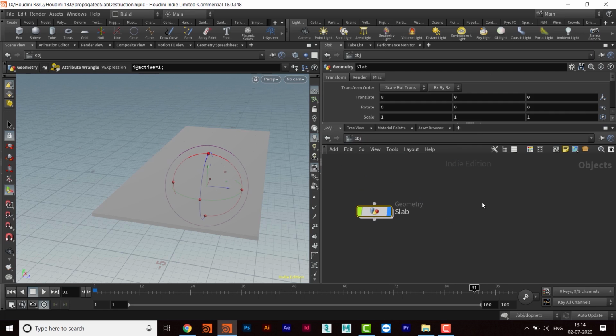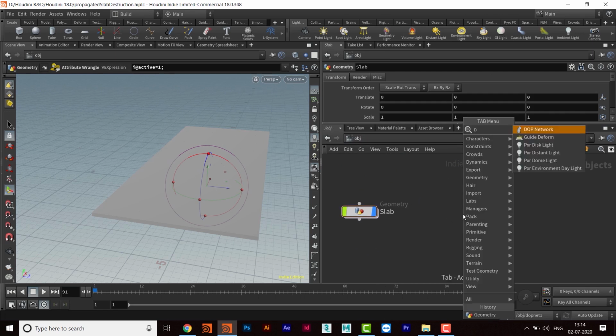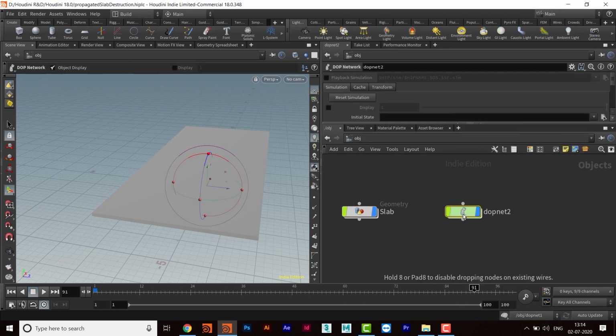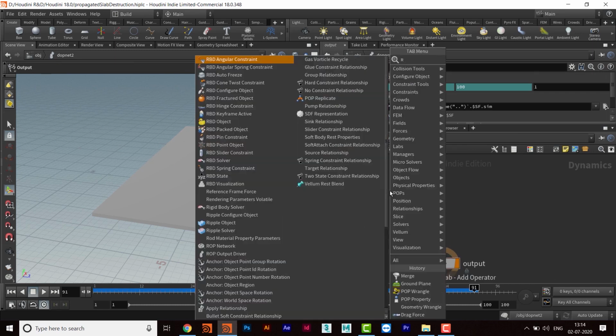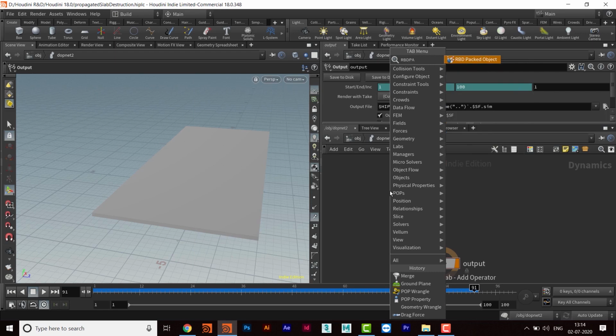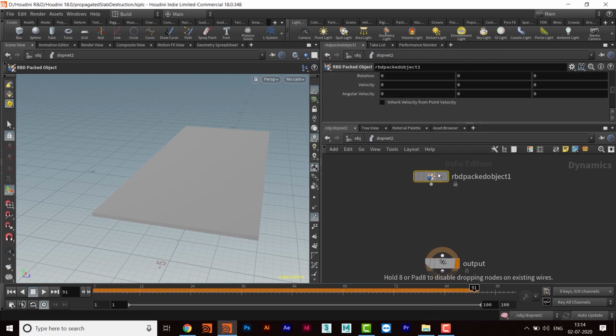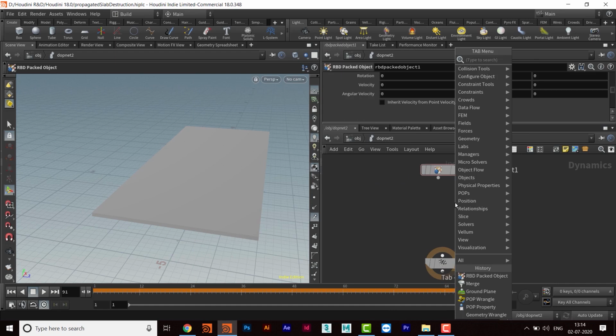So now I'll go here and take a DOP network and get inside it. Because I have changed every primitive to a packed primitive, we are going to take RBD packed object. Next we are going to take bullet solver.